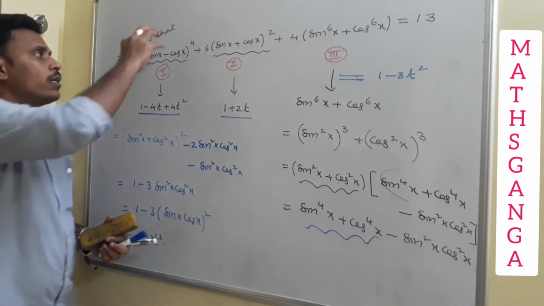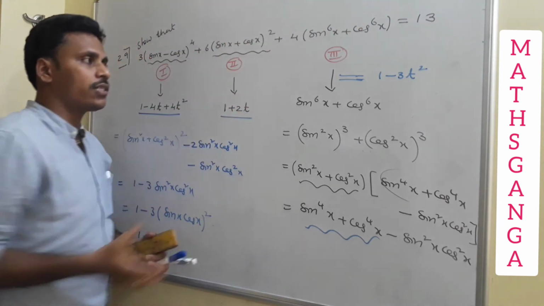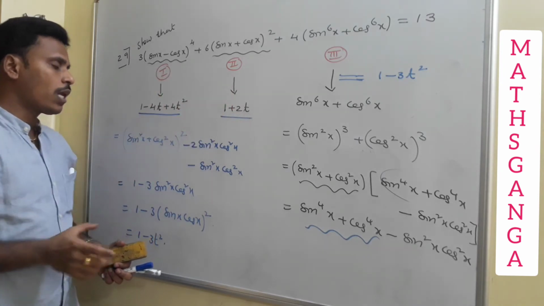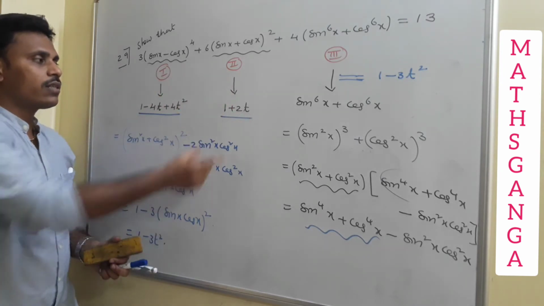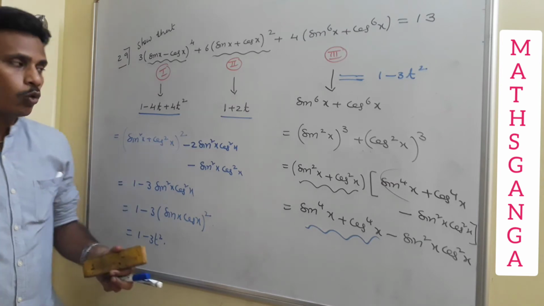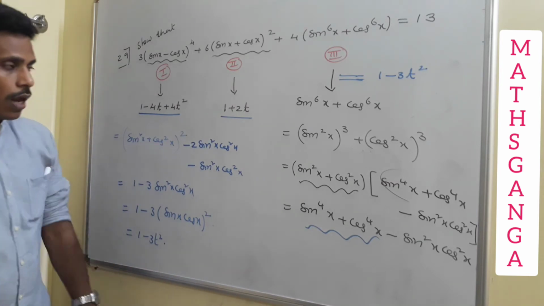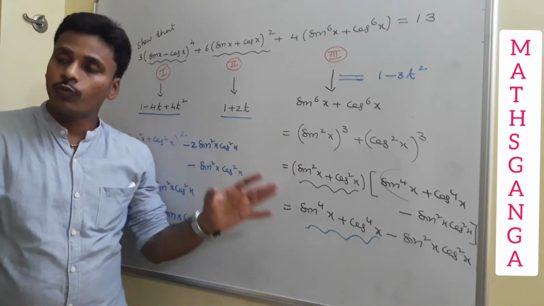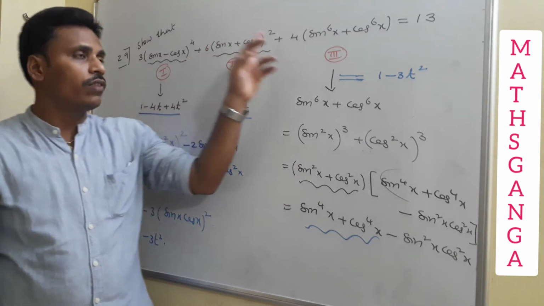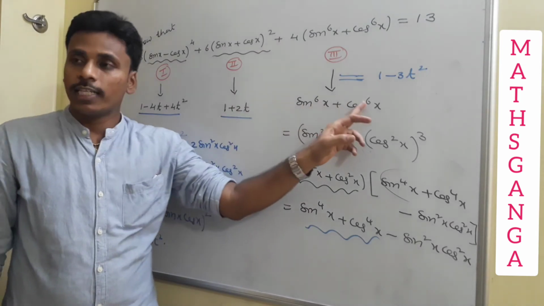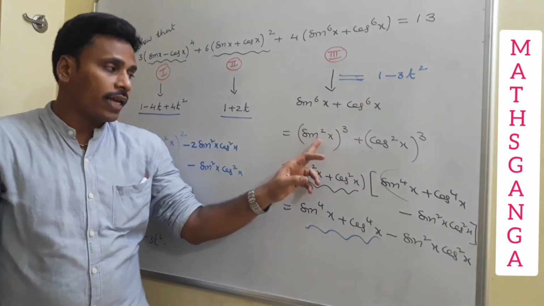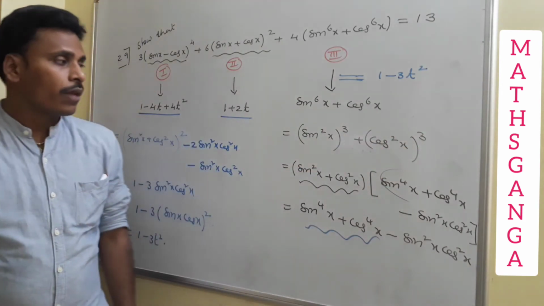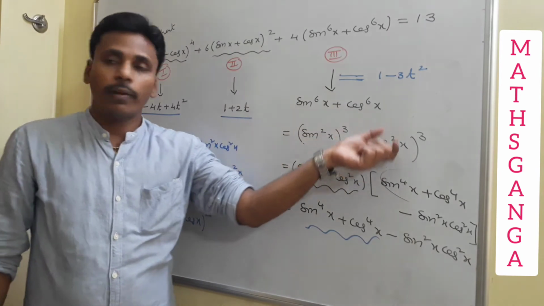Look at the problem. The sum of these three, you need to show it as 13. So for that we need to simplify the first term, second term and the third term. Already we did the first term as this, second term as this. For our convenience we took sin x into cos x as t. Now we are simplifying this third one. Have a look once again at this third. I will erase this for space. After that I need to add these three. Now sin power 6x plus cos power 6x can be written as sin square x whole power 3 plus cos square x whole power 3. Right? And now this is of the format a cube plus b cube.